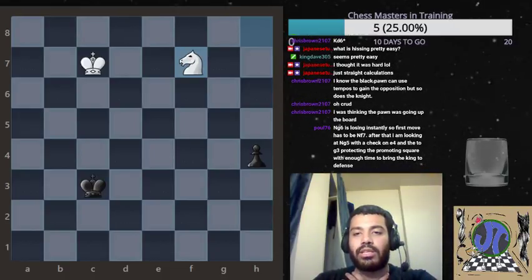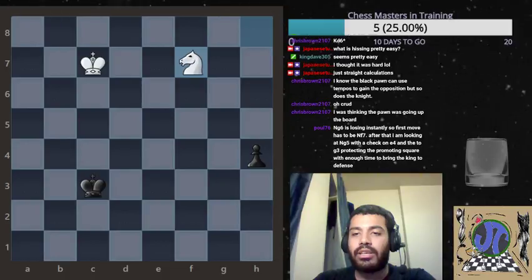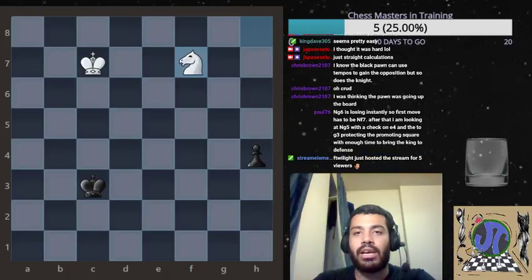So let's see what Paul says. Paul was saying that he's looking at g5. So let's say